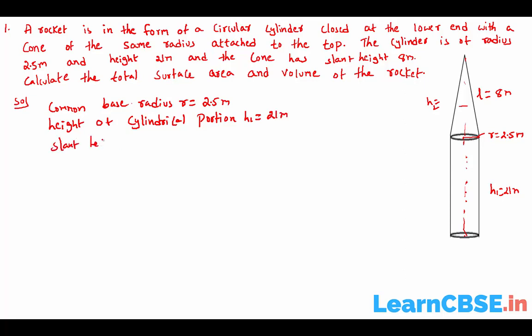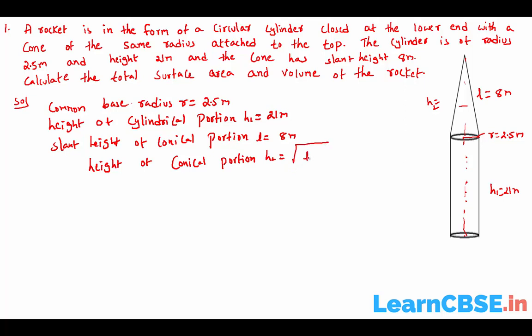Slant height of the conical portion L equals 8 meters. Then the height of the conical portion h2 equals